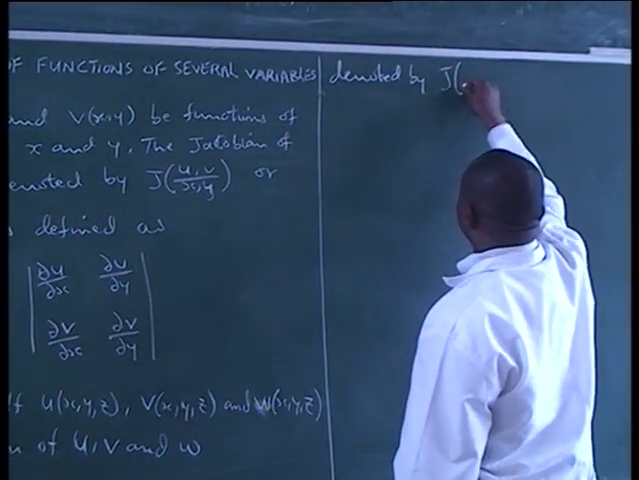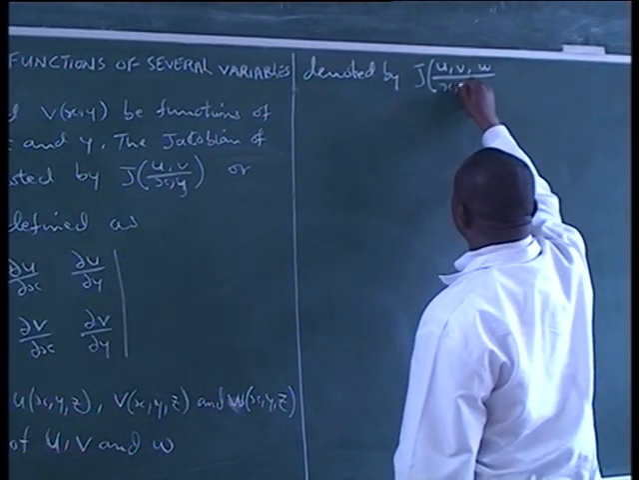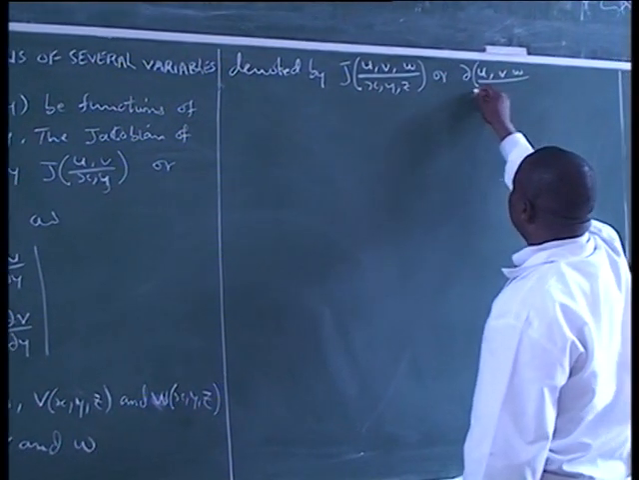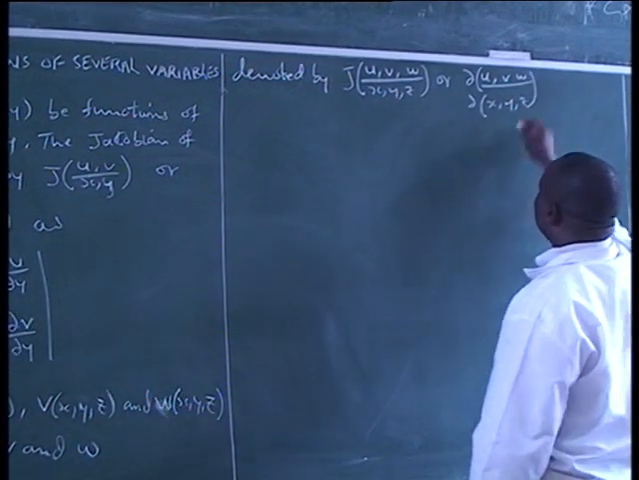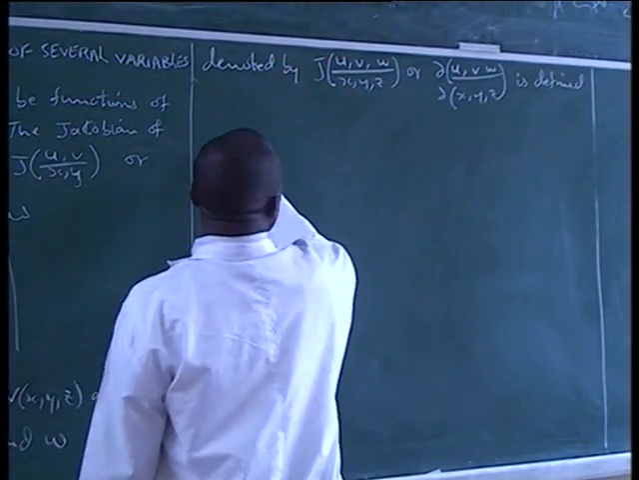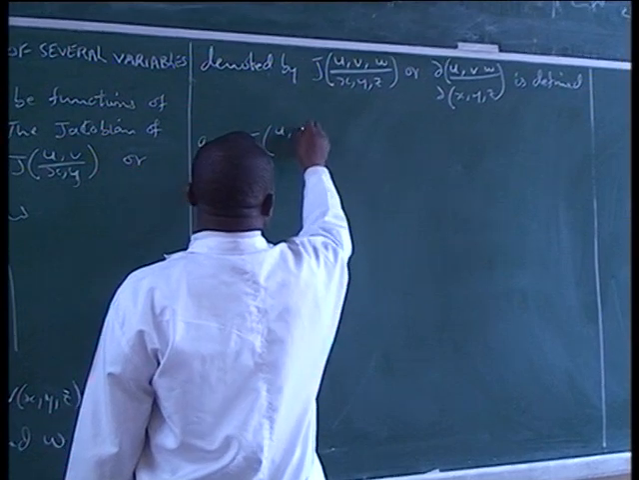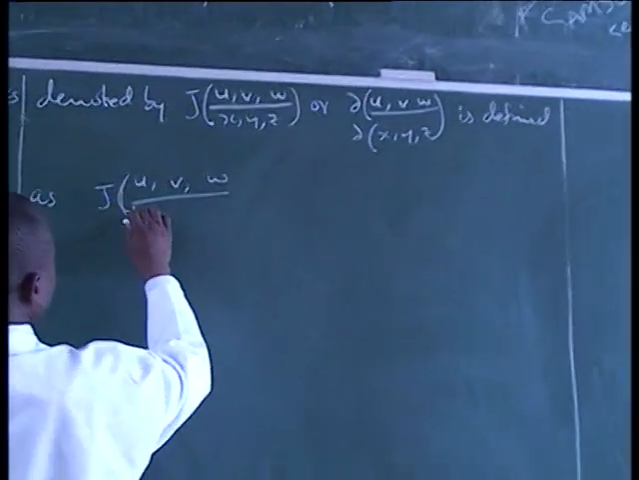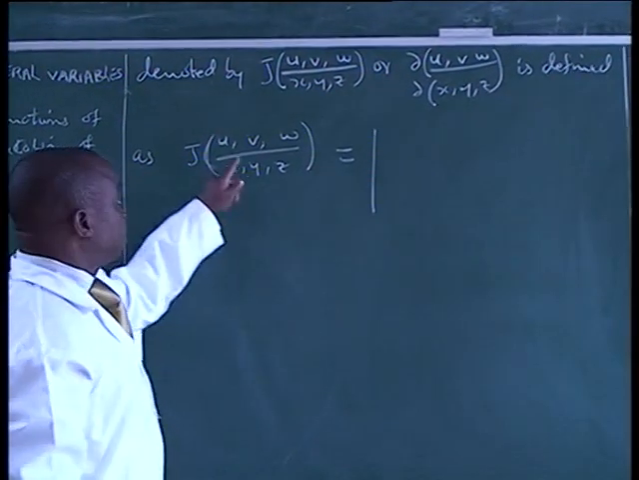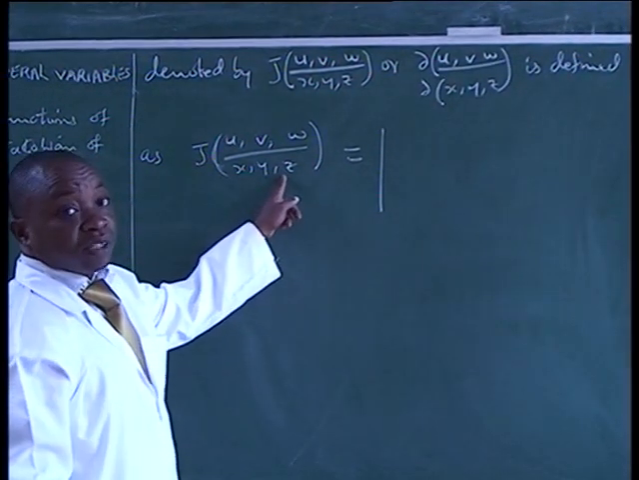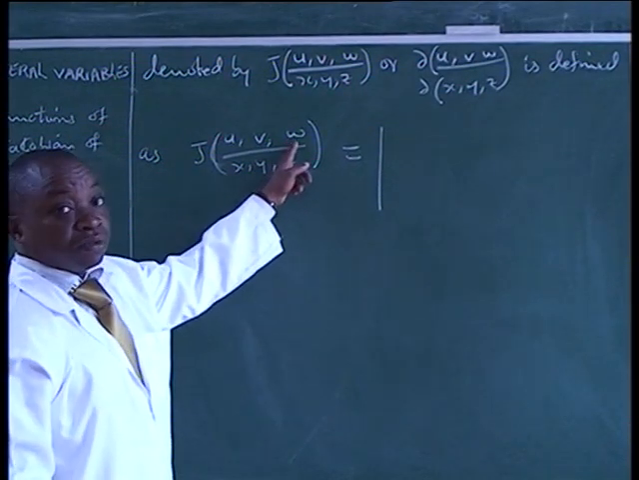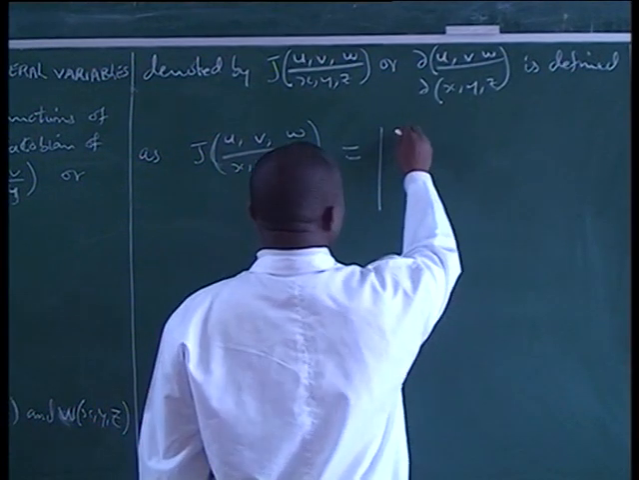denoted by u, v, w with respect to x, y, z, or we write it in this way, u, v, w over x, y, z, is defined as the determinant. It will be equal to the first derivative of u with respect to each independent variable, the first derivative of v with respect to each independent variable, and then the first derivative of w with respect to each independent variable, and that will give us